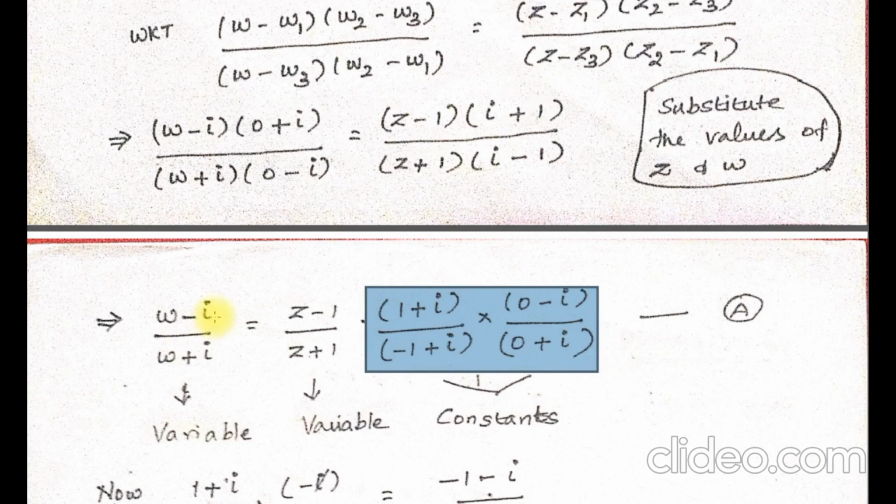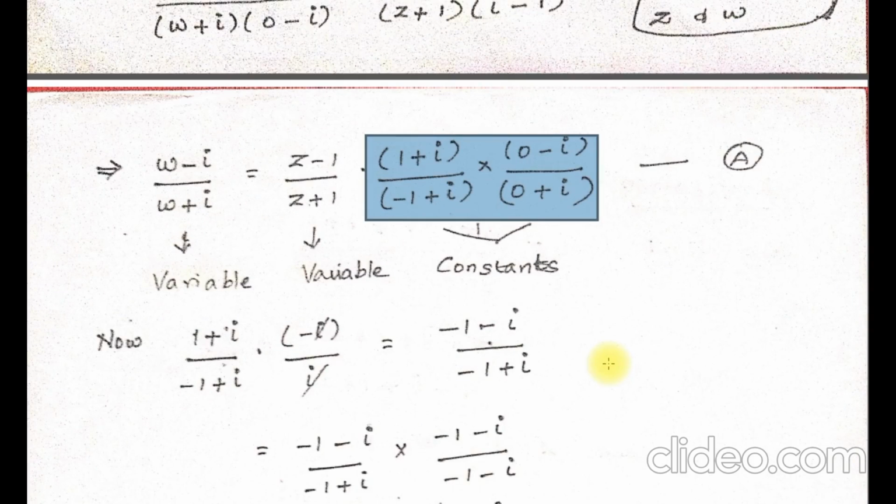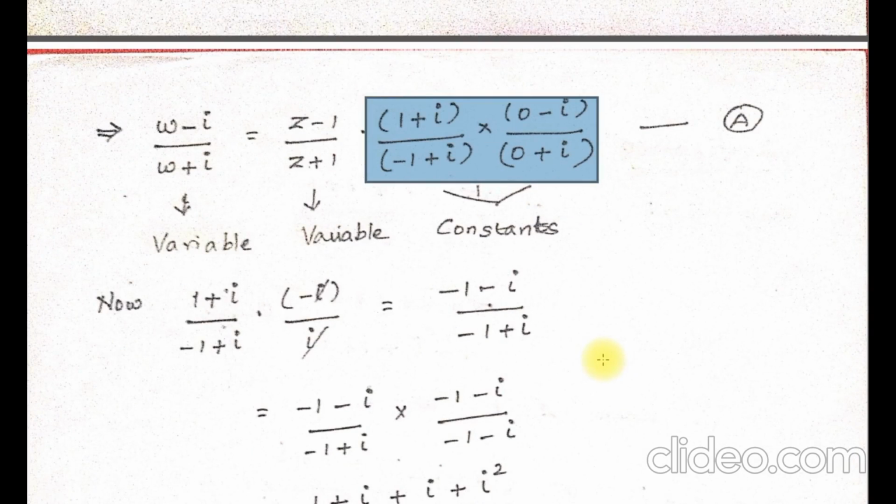I am not going to disturb the variables right now. So I am stopping the equation here, and I am going to just simplify this term alone, and I am going to come back again to equation A. Okay, in what manner we are going to simplify, that is very important. Whenever we know the destination, it is easier to achieve that. For that, our aim is to bring this quantity into a standard complex form.